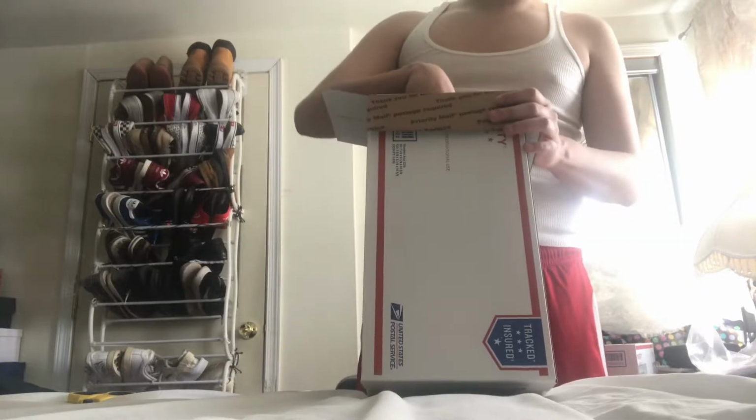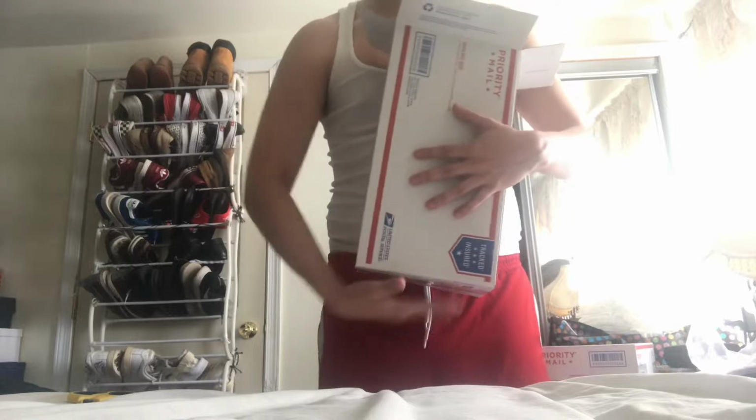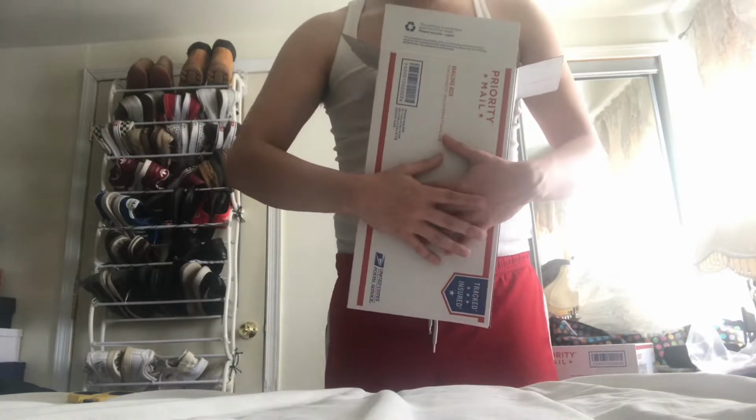And then add the item in the middle of the box, so it sits right here. It's not at the bottom where it could get wet. If it's not at the top, it can't get wet. It's right in the middle where it's protected the most. So for this one,